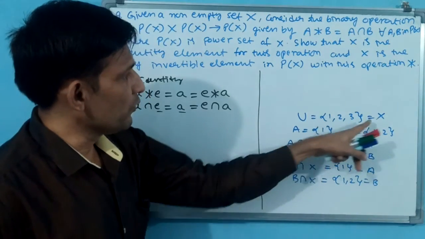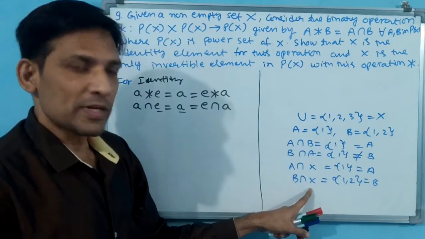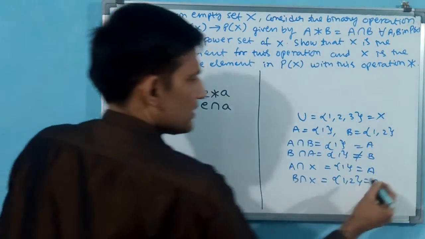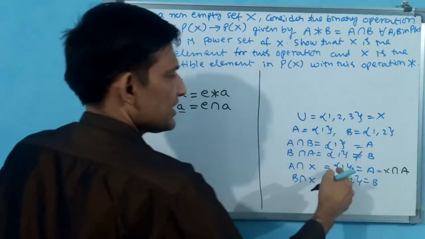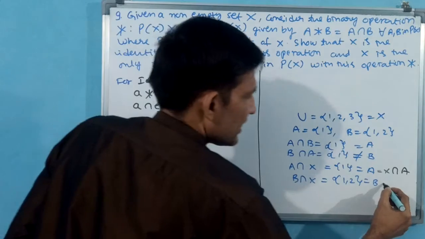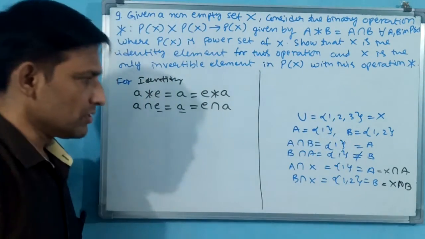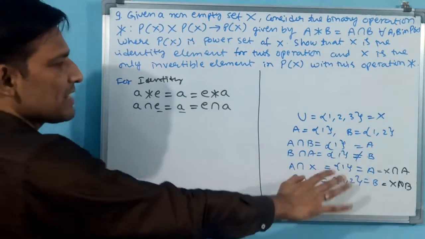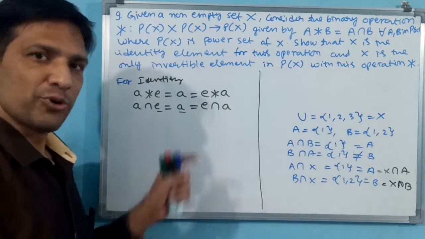Even if you change this to the universal set, then if you give A here, A will come. X intersection A also, A only will come. Here X intersection B, B only will come. Now you understand with this example, but how do you have to write it for the examination, as he is asking?